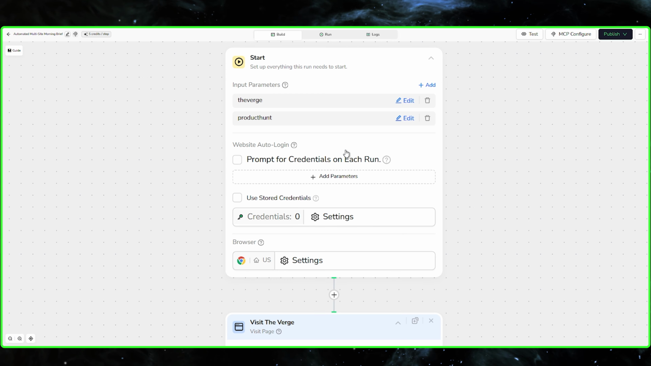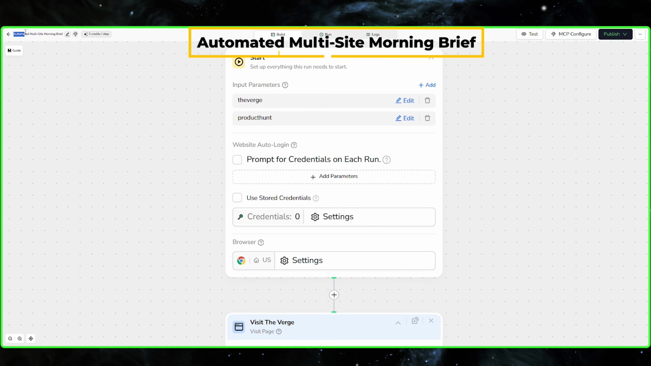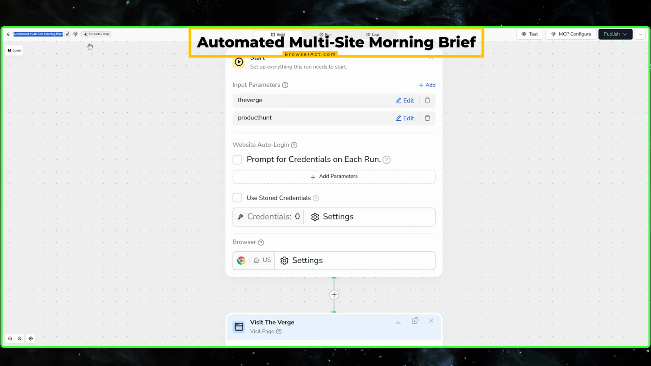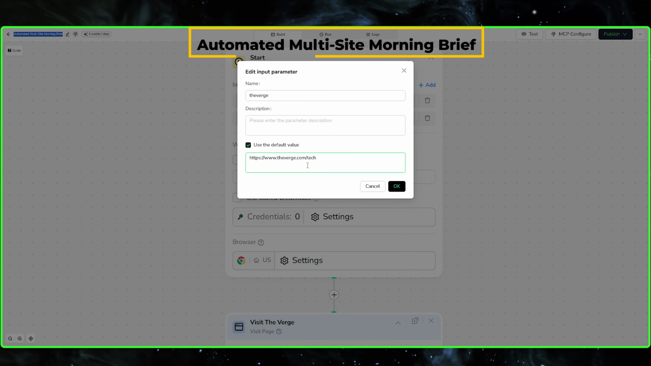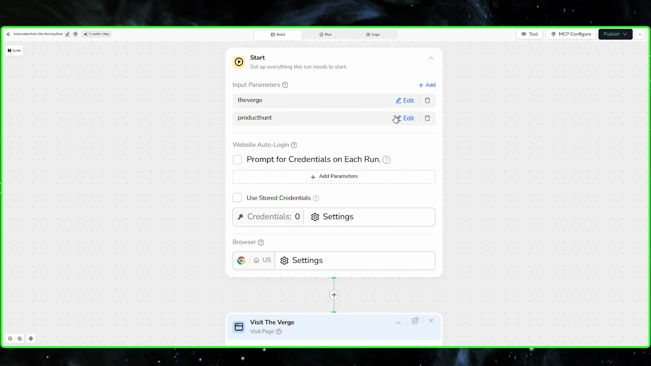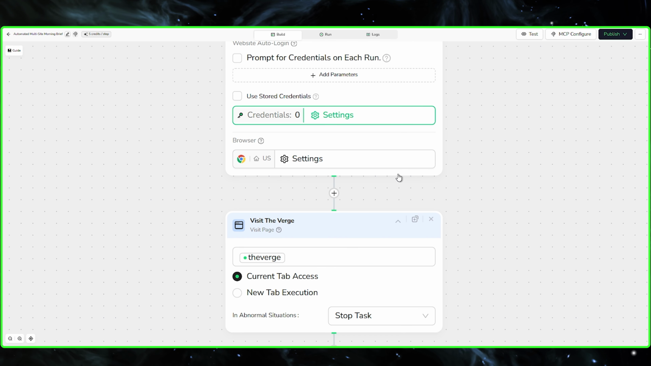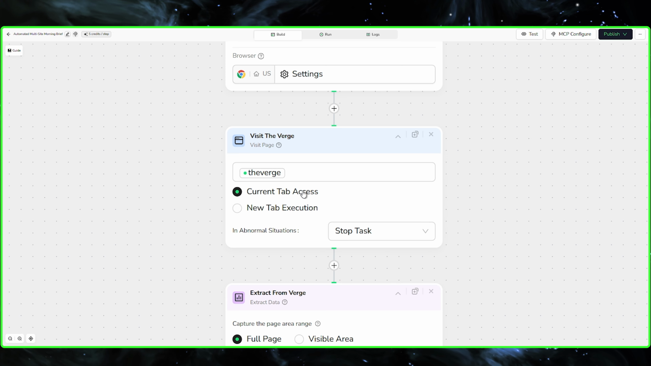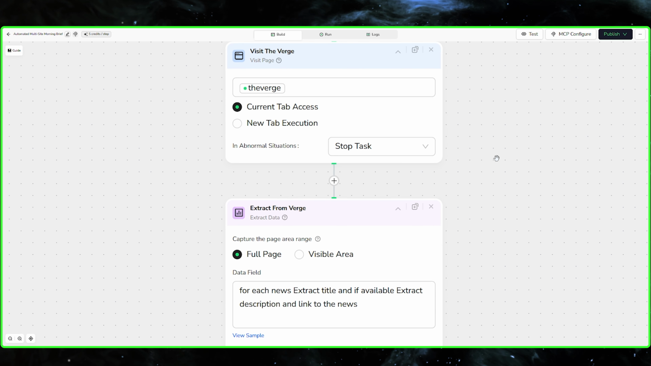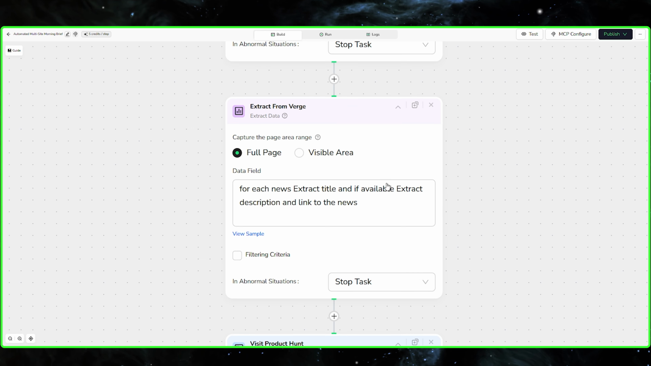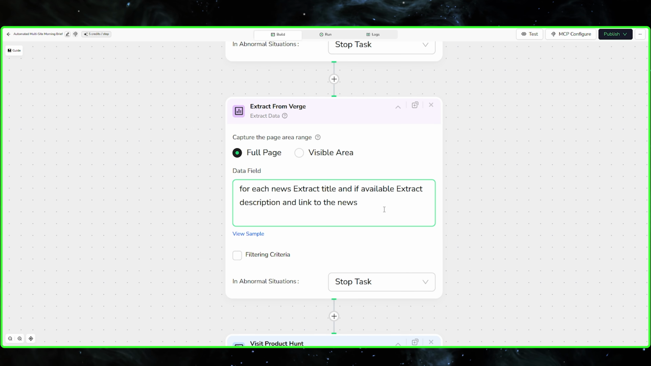Welcome back. Today, I'm showing you the automated multi-site morning brief, a zero-input template designed to get your team up to speed the moment they start their day. We've set this up to crawl the Verge and Product Hunt automatically. It hits the home pages and instantly grabs every trending title, ensuring you never miss a major headline or a